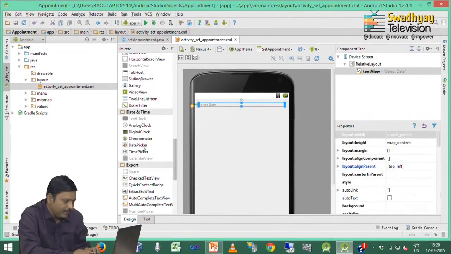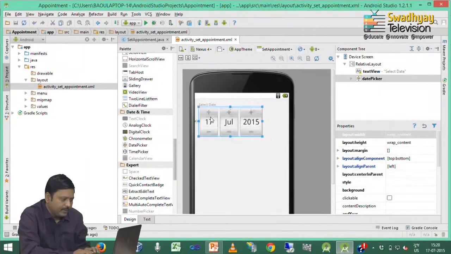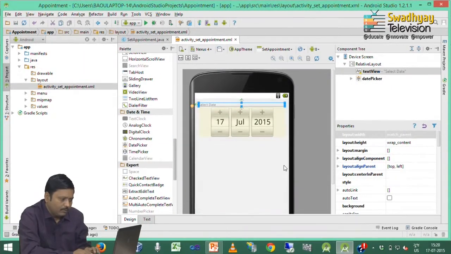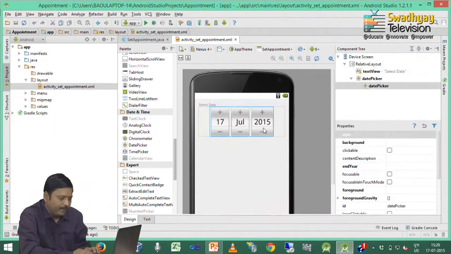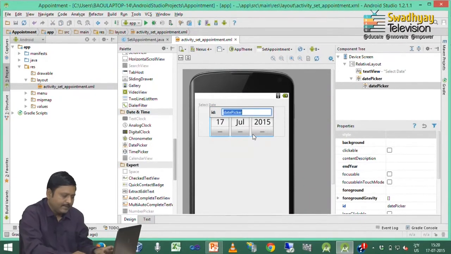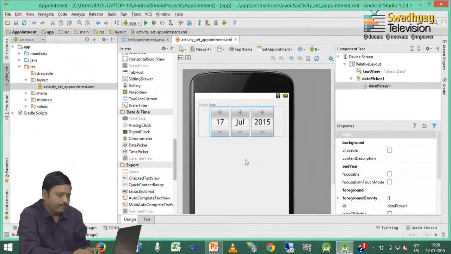So, here is our date picker that I am just putting below this text view, and we can set its name as a date picker 1 also.